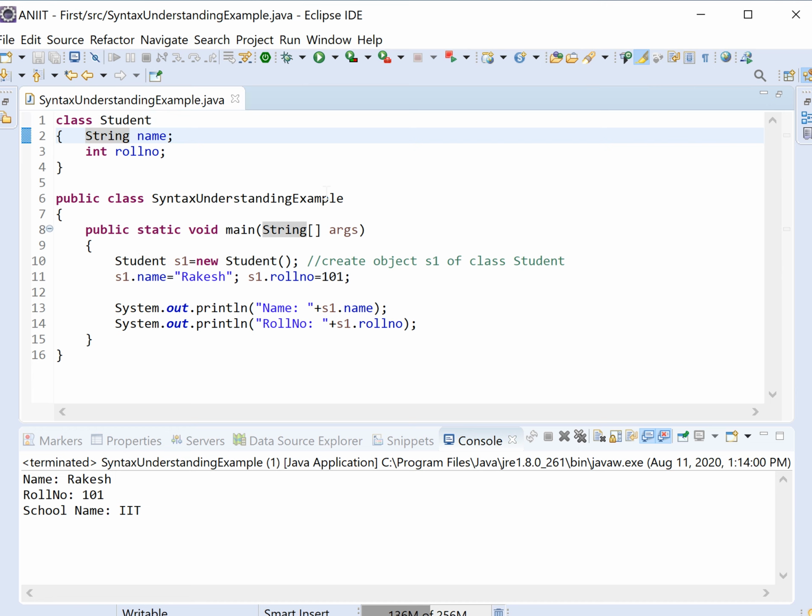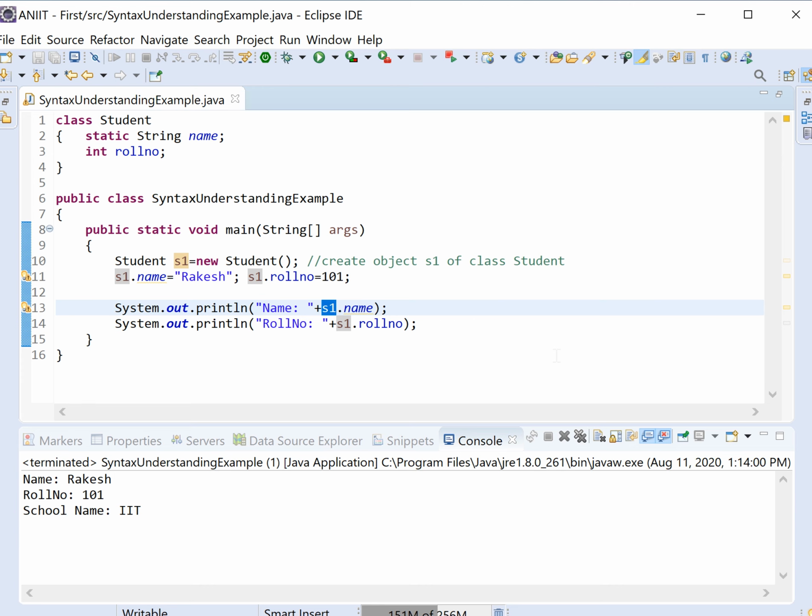If you want to make it static, you have to give the static keyword before the data type.